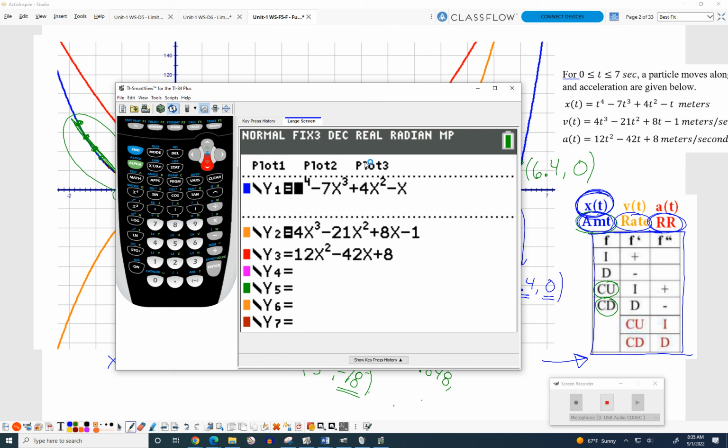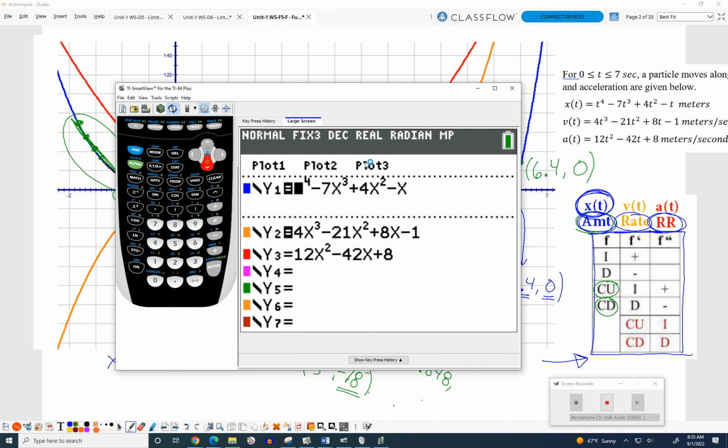Two ways in this class we'll typically find things on a graph. You can use the graph or you can use the main screen. You will find it useful to do both, so let me just show you both. Again, I get that a lot of you know these functions, but not everyone does. The only way to really get through it is to just show everybody. So if I go to my calculator